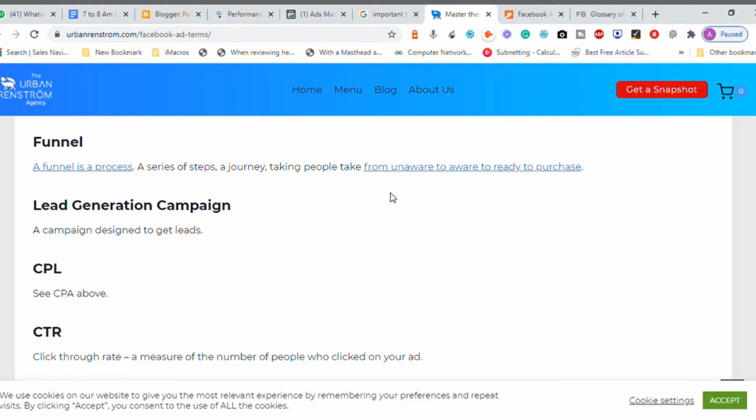From order confirmation to thank you page. Now, this step by step activity that a user has to do is called a funnel. If you are creating a funnel for increasing the sales of your business, that is called a sales funnel.